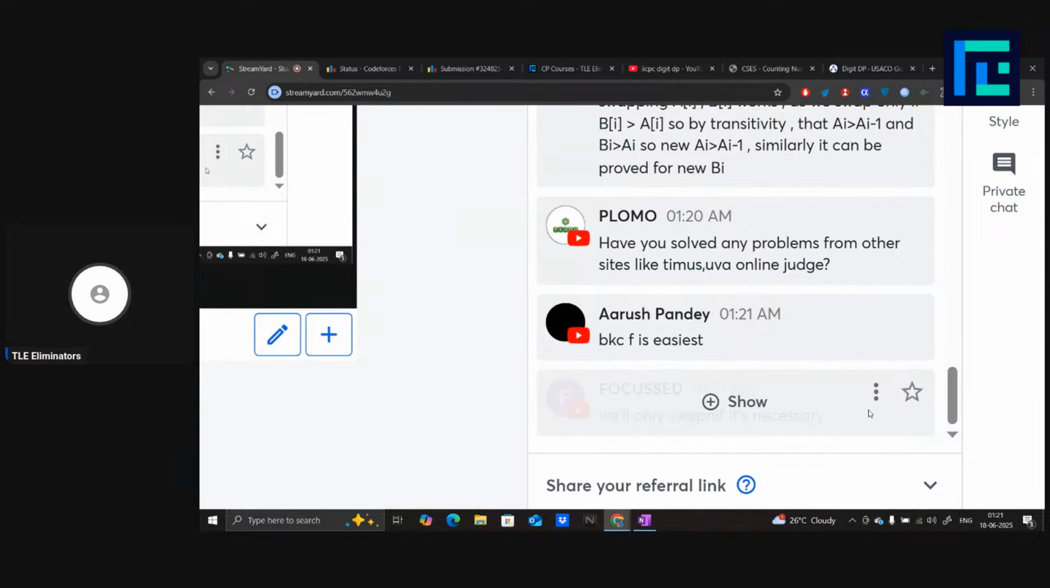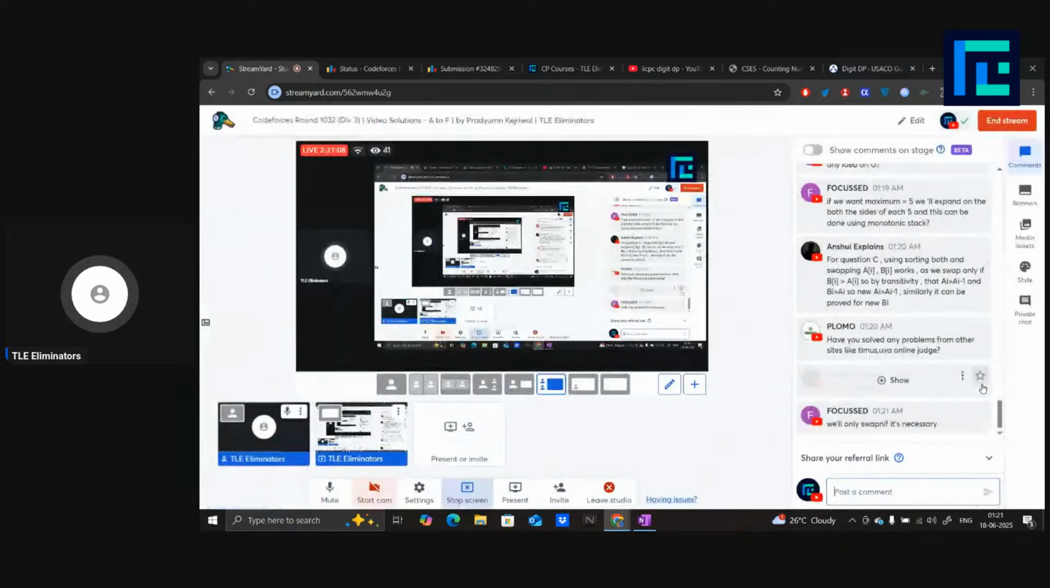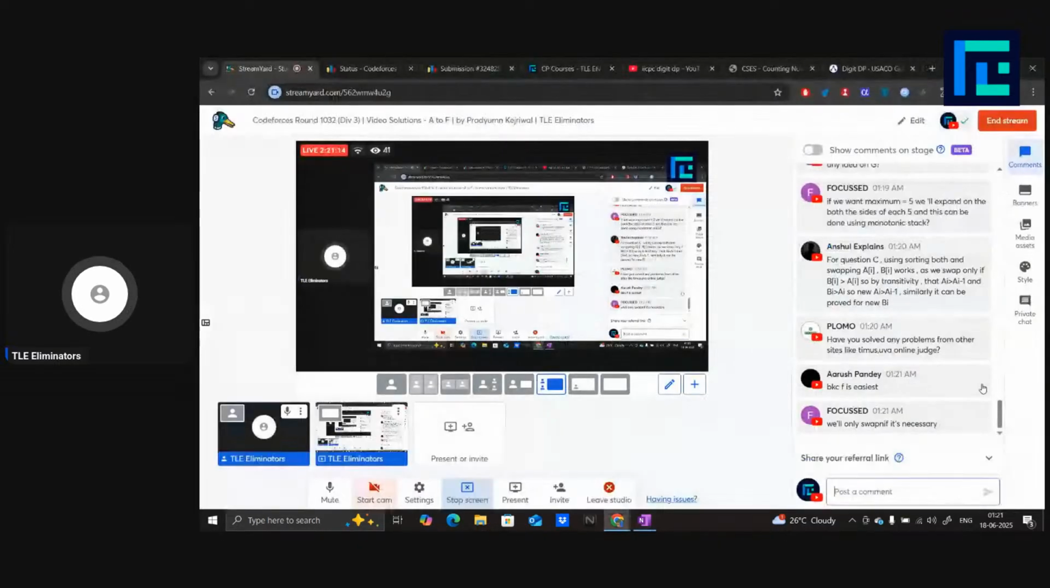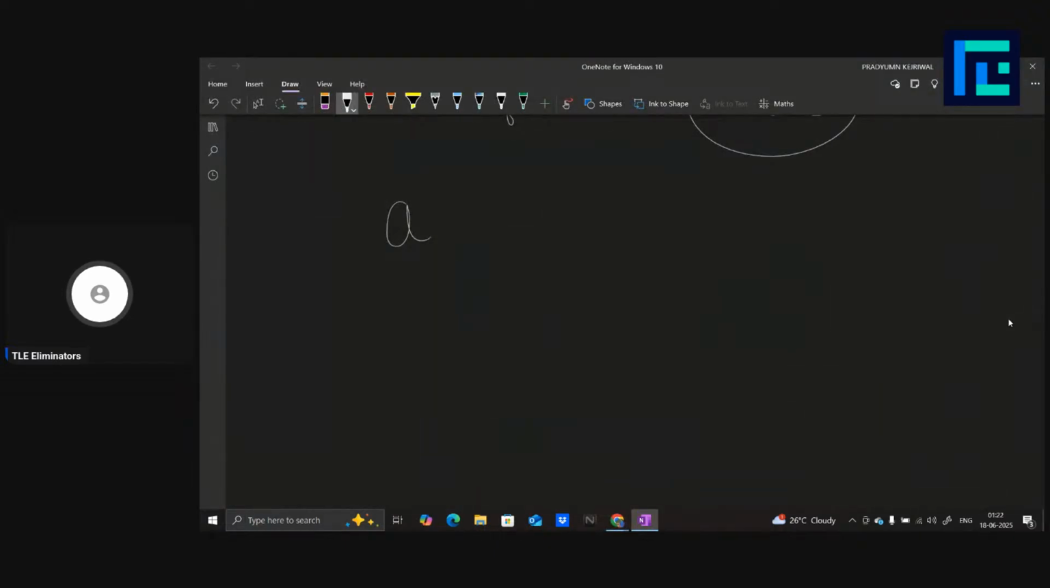Yeah, that is fine. But what he's saying is that, okay, first we sorted it, right? Or wait, what did we do? Yeah, so first we sorted the arrays. So A[i-1] is less than A[i], and B[i-1] is less than B[i]. Okay, so then he's saying that